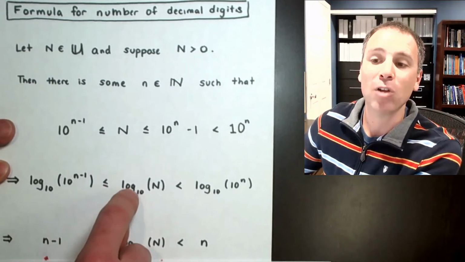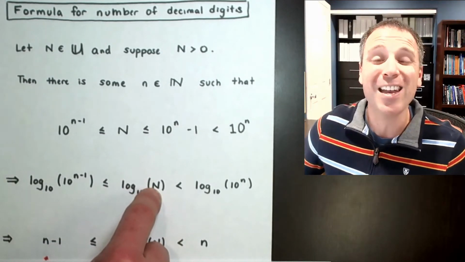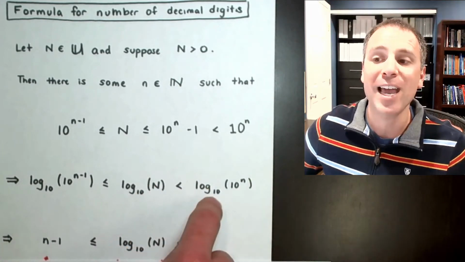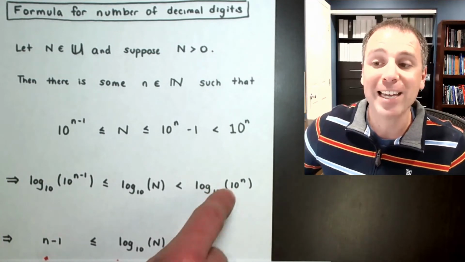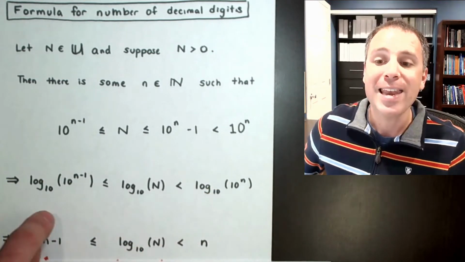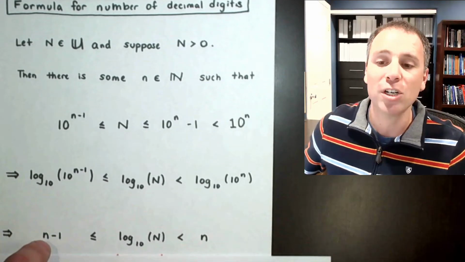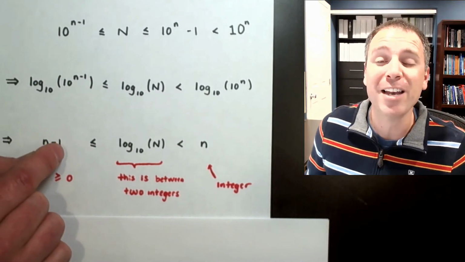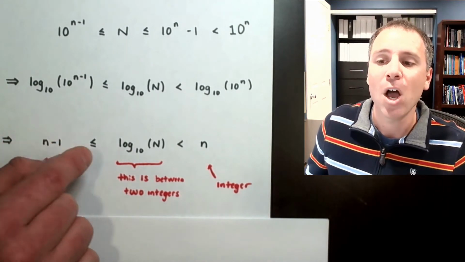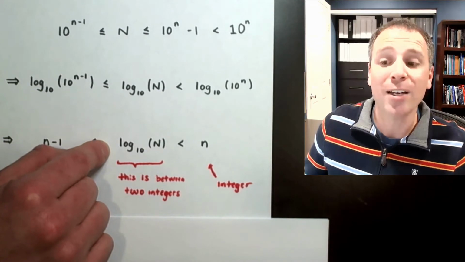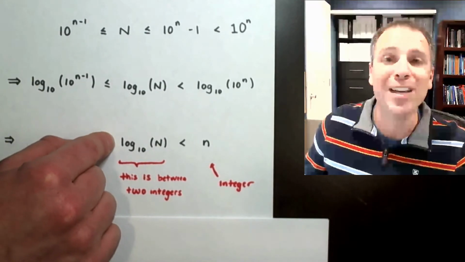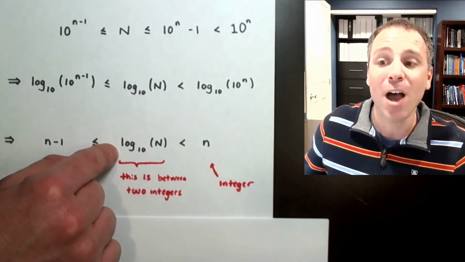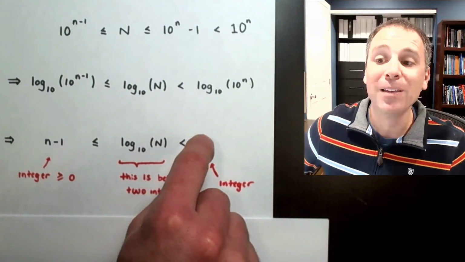In the center here, I have log base 10 of my unsigned integer capital N, which I was looking to consider to begin with. And on the right-hand side, I have log base 10 of 10 to the n. The log base 10 and the base 10 cancel out, and I'm just left with n. Now all of a sudden, I have this representation where the number n is an integer greater than or equal to 1, which means n minus 1 is an integer greater than or equal to 0. Log base 10 of capital N could be an integer or a non-integer. The only way that it would be an integer is if capital N was a pure power of 10. Otherwise, it's going to be a non-integer. And then we know that that will be less than n.